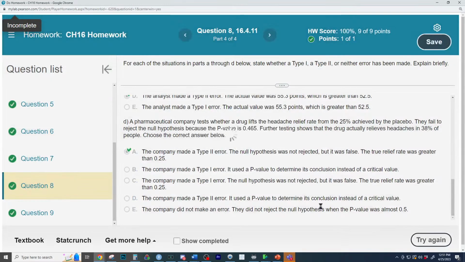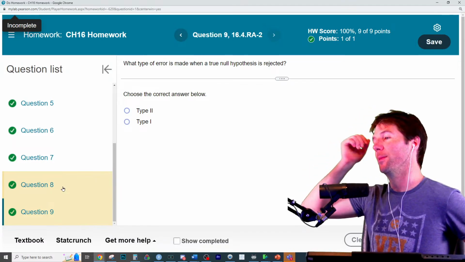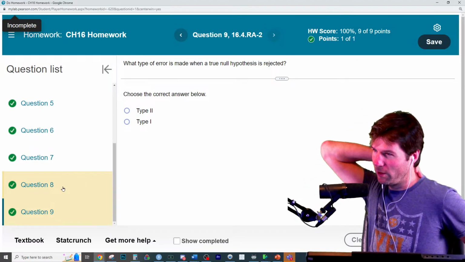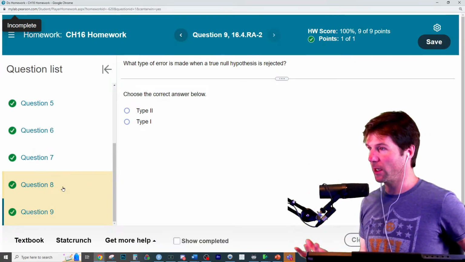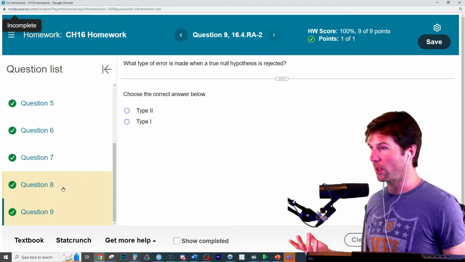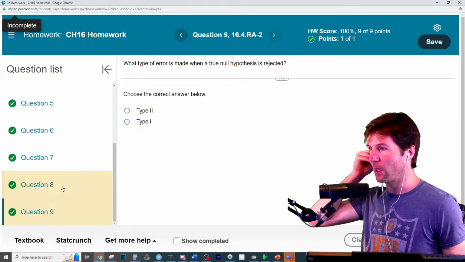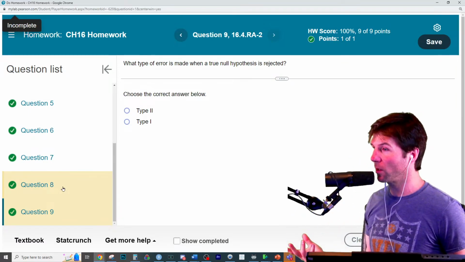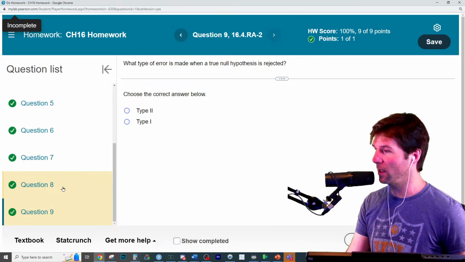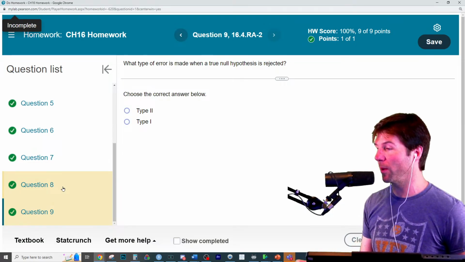These are pretty good. Only one of those did I dislike. Yep. Only the one where it should say what error it looks like they've made, or the company should believe they made. Like maybe they do a small pilot study with like 20 people. Then they do a study with like 300. So it looks like the company, when they did the first test, made a type 2 error. A lot of times people do what's called power analysis if you're working for manufacturing companies or doing research to figure out the sample size needed. So pretty good questions. We always like to critique things and be like, how could it be better?